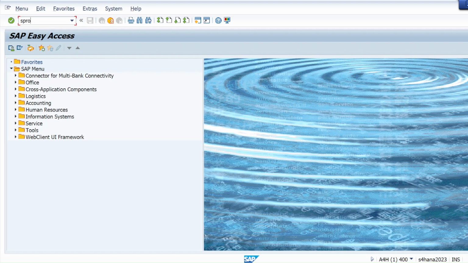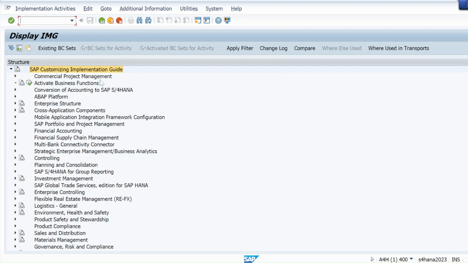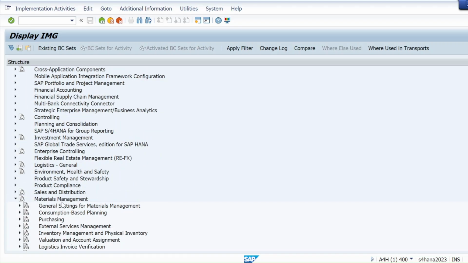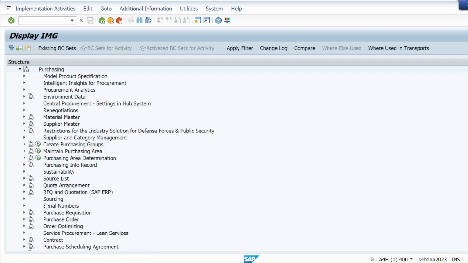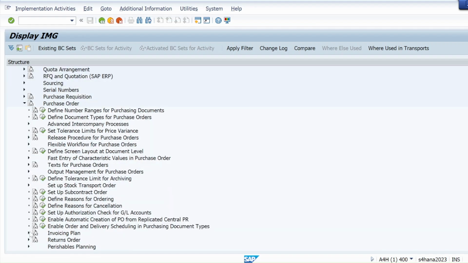We'll go to SPRO, IMG, material management, then purchasing, purchase order, and define number range. You can see here define number range for purchasing document. So we are going to define the number range from here. Just execute on this node.